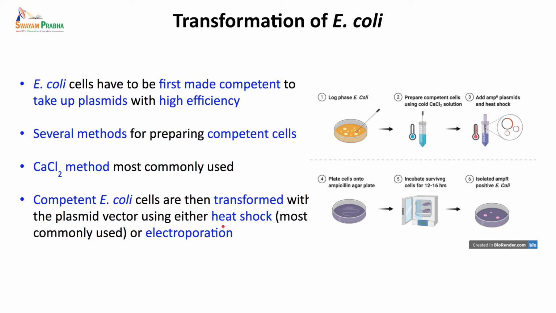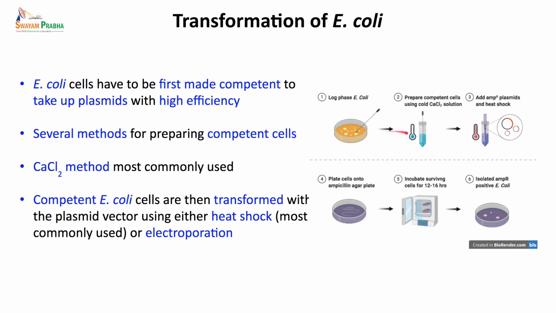This can be done either using a heat shock method, which is a very common and very easy method, or they can also be transformed by electroporation, which is using an electrical shock to create transient pores so that the plasmid can go through the membrane. So you take, this is shown schematically here, you pick a colony of E. coli,